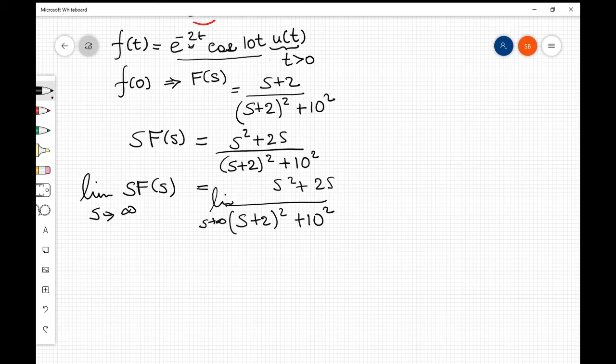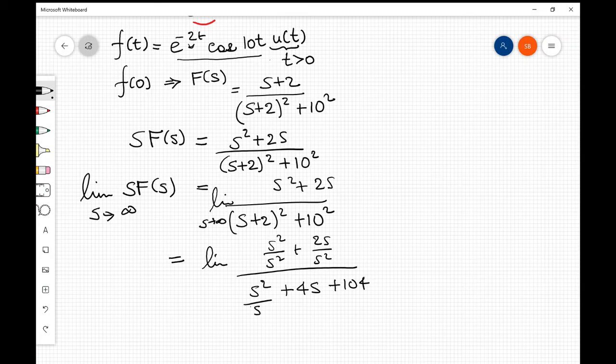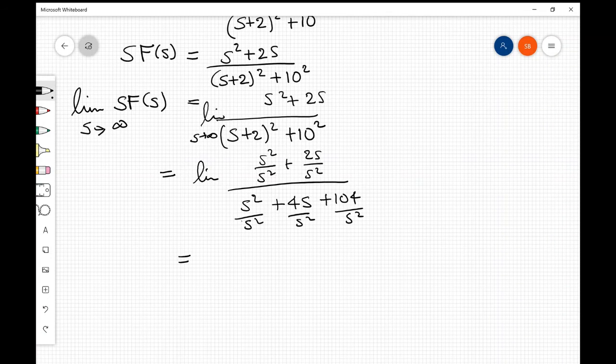To compute the limit as s approaches infinity, it is much easier to divide by s squared. We have s squared over s squared plus 2s over s squared. If we divide the upper part, we also divide the lower part, which gives s squared plus 4s plus 4 plus 100, that is 104. So we divide this by s squared,